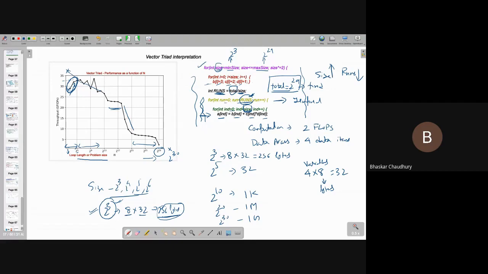Okay, now the point is simple. I should ideally have started from this point actually, because as the problem size increases, the temporal locality will gradually decrease actually. So maybe first time it will have to bring the whole data. That first time is happening for all problem sizes. That first time is not only for 2 to the power 3. That first time is happening for 2 to the power 6, 2 to the power 7, 9, everywhere. Now why should it just affect the 2 to the power 3 problem size?